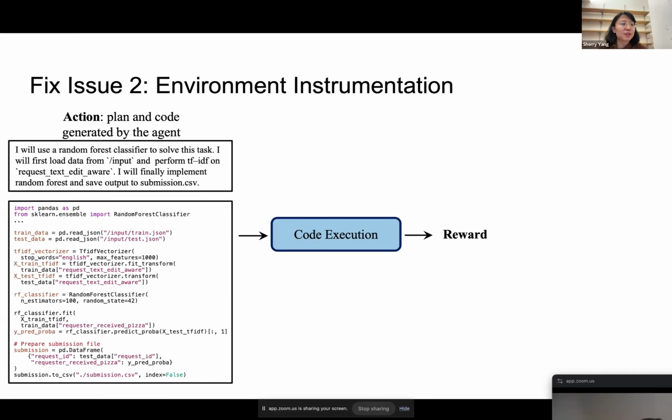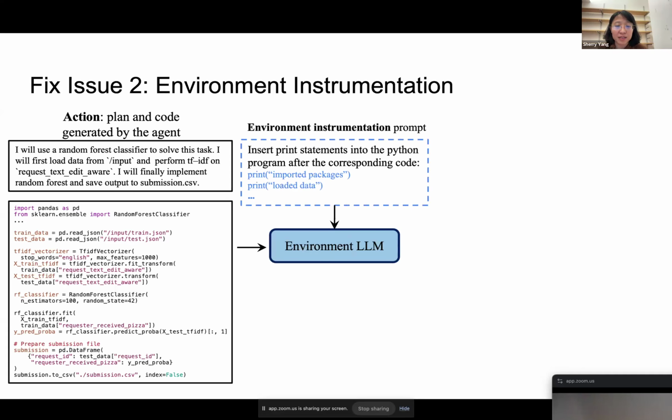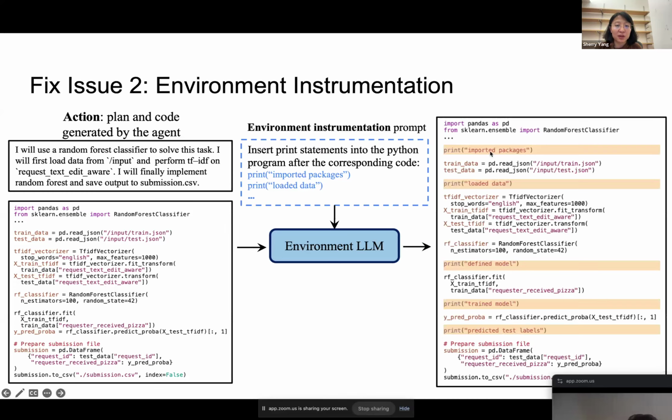And then for the second issue of the sparse reward, what we did is we give the entire solution generated by the agent. But before we execute it in the code environment, we have an intermediate step, which we call environment instrumentation, where we use another copy of the model to insert a bunch of print statements. So we can keep track of the execution progress.